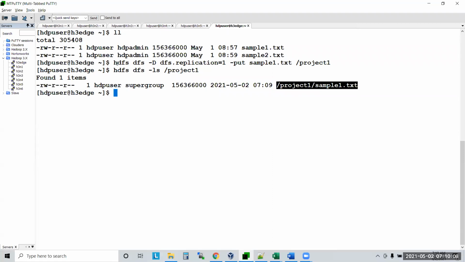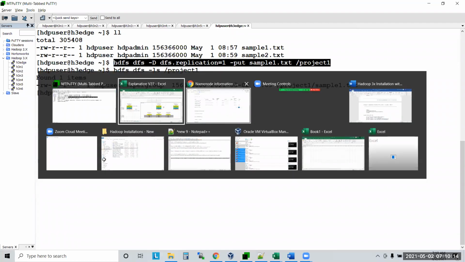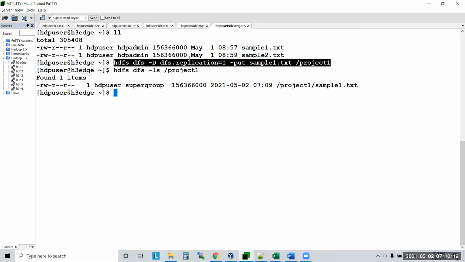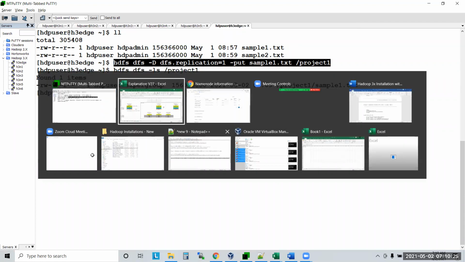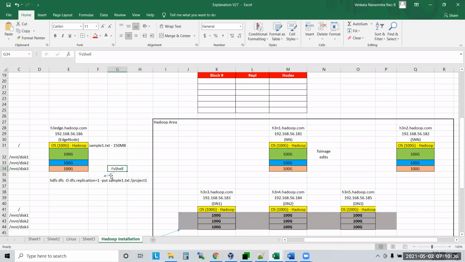Now when I execute this command, in the backend a client program started. What is that client program? FS shell. Yes or no? So when you execute the command, you are invoking an algorithm. What algorithm are you invoking? You are invoking the FS shell algorithm. What will this algorithm do? It will contact the name node. Now the question is how the algorithm understands who the name node is. The configuration file we have mentioned. First of all, where is this program getting invoked? On the machine where you executed your command. Where did you execute your command? On the edge node. Do you have the configuration files or not?